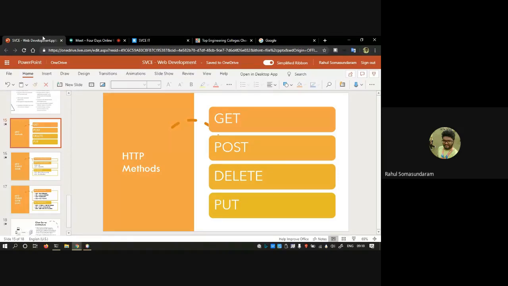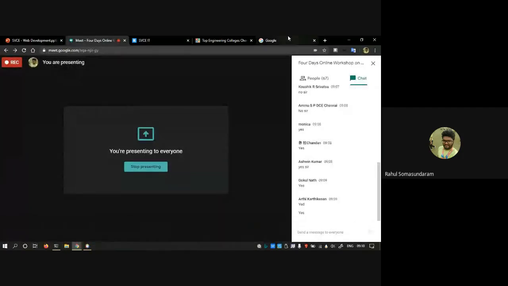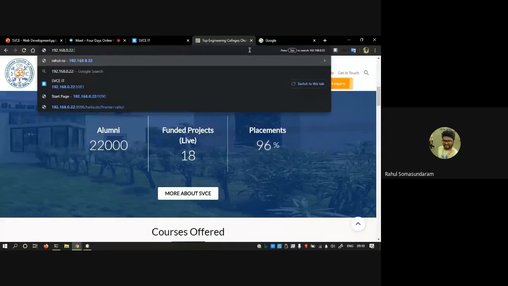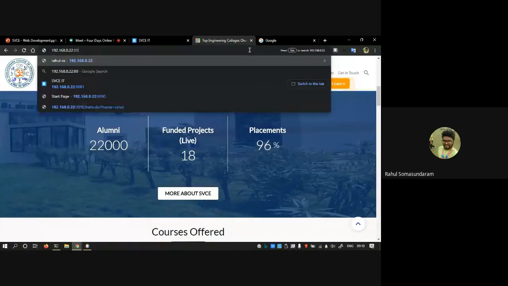And what comes to POST is when you are sending information to the server. I can typically say, one second. This is the same C program example which you have seen.